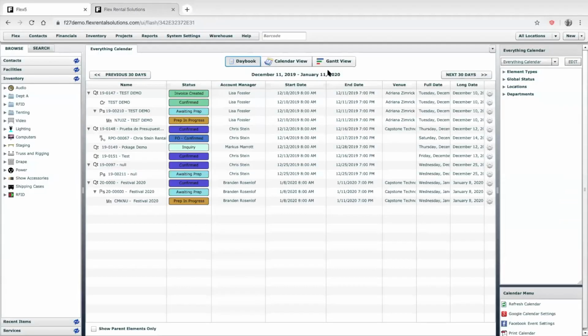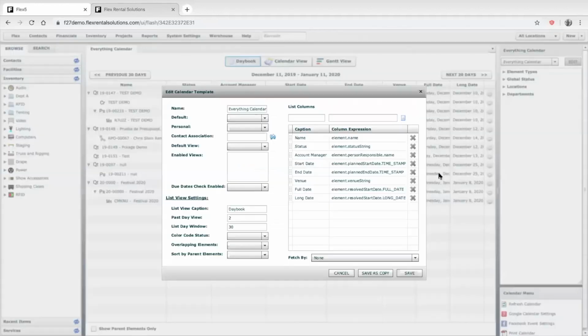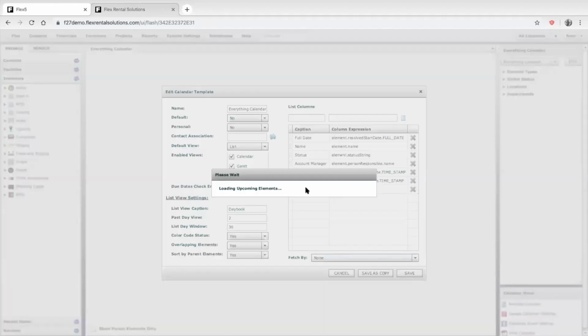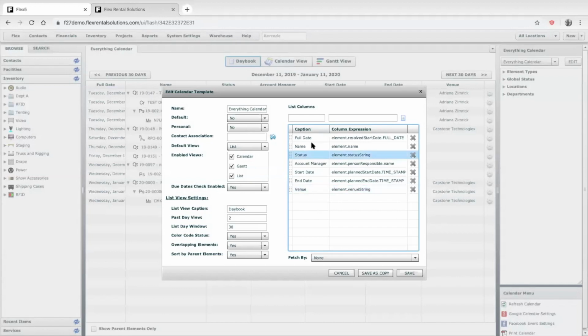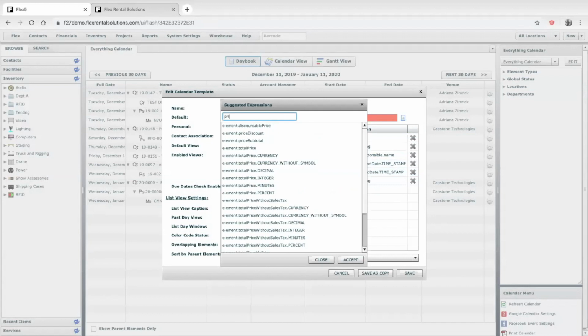Just to illustrate what this looks like, again, let's go into Flex 4 and make a couple of changes. Let's say we set up some of these date things just as a test. I don't need to show two different dates there. So we're going to have our full date here, which is our start date. In fact, we could probably even just change that name. Oops, I think I accidentally moved it. Or we even have a start date here already, so let's just get rid of this. So we're just making this a little bit simpler. Maybe we could add one more column, and let's find the expression for that. Total price,